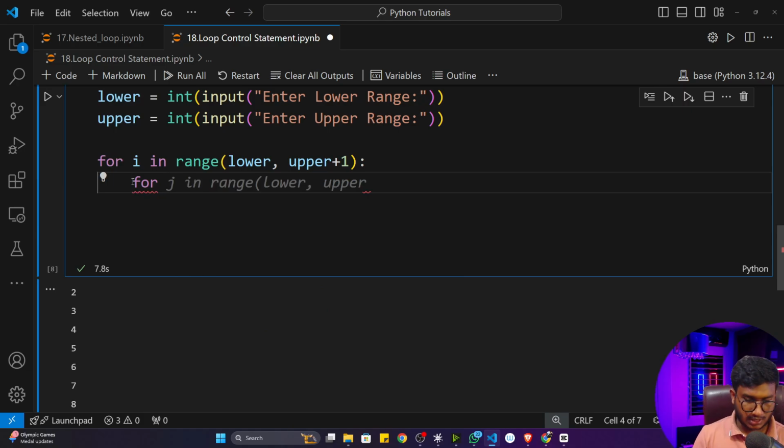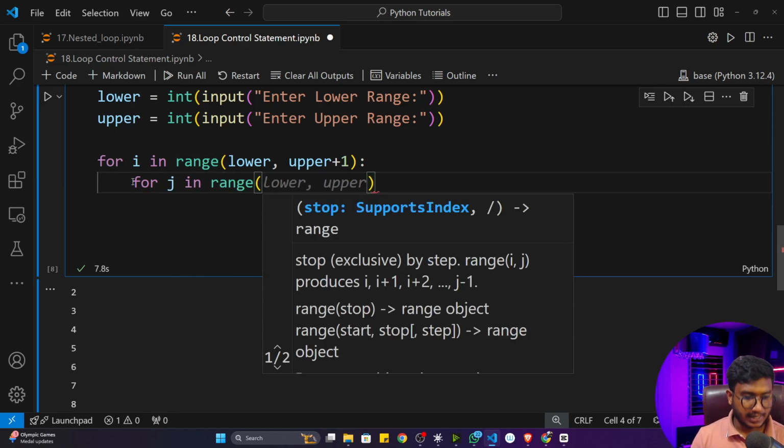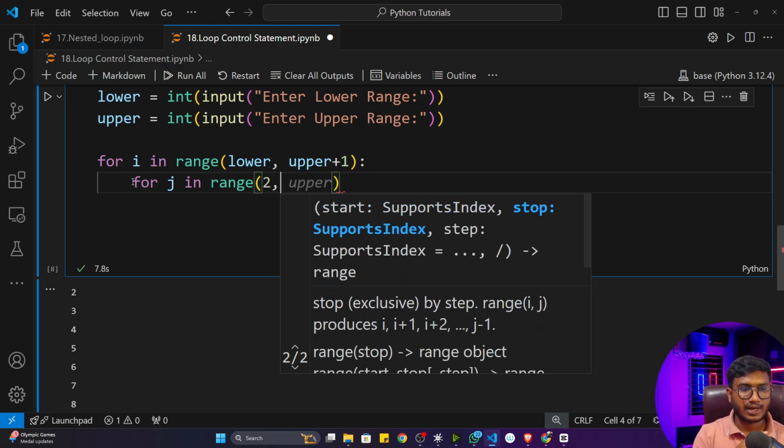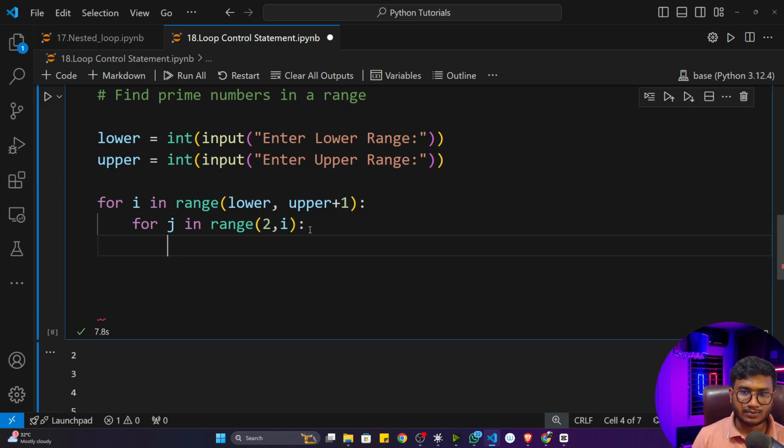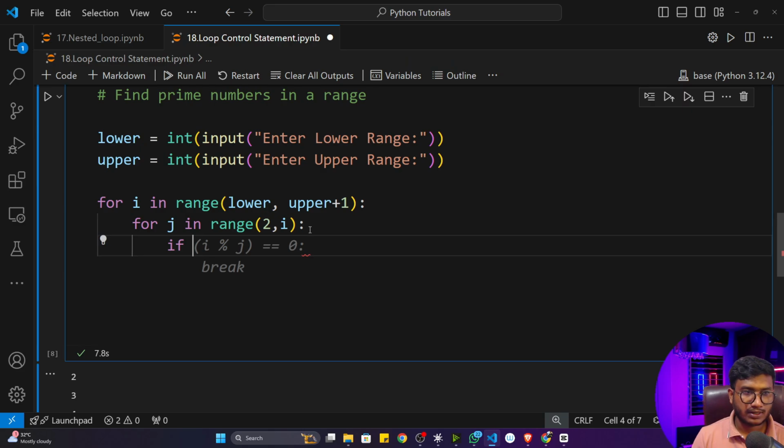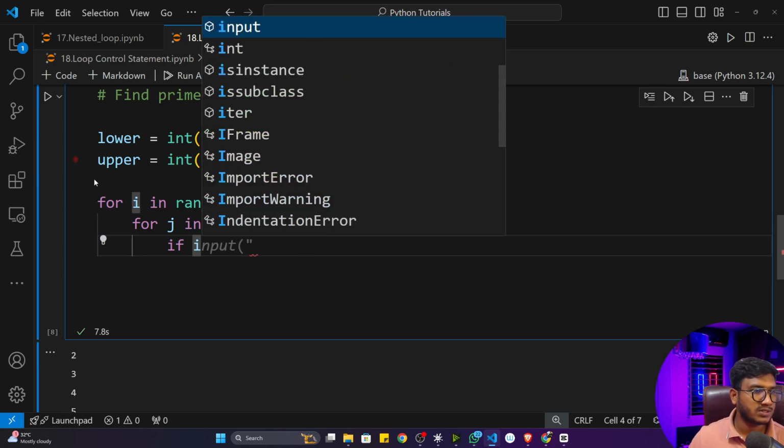So for j in range, inside that I will start from 2, because I told you 1 we can't use, and here I'll just write i. That means, let's say if your lower bound is 10, it will start from 10, so in i it will become 10, and here 10 will come. That means j will go from 2 till 10. Now here I'll write if my i, that means this particular number,